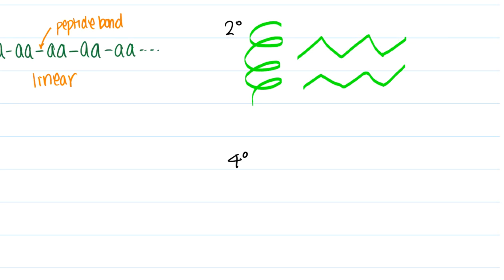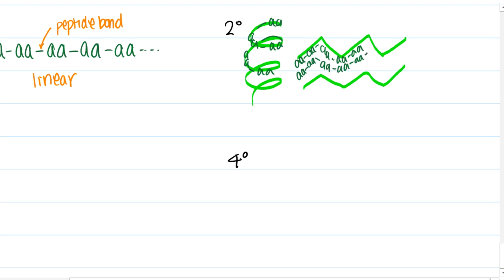Now in the secondary structure, it kind of looks like this. Okay, so basically all it is, is amino acid twirled, okay, to create a chain. Or, remember when we were little and we used to kind of fold paper to make a hand fan, like origami type. So I used to do that. I don't know if you have, but it's kind of like an accordion if you look. And to keep these all completely folded, we have a special bond, and these special bonds are called hydrogen bonds. Remember, hydrogen bonds are not real bonds. These are attraction forces, but at the end of the day, we still call them bonds